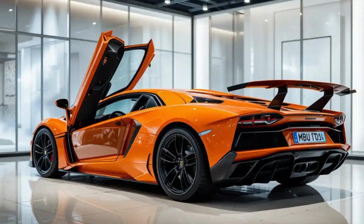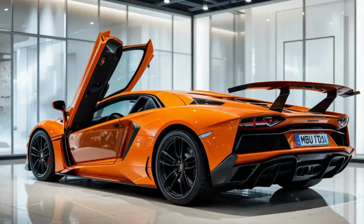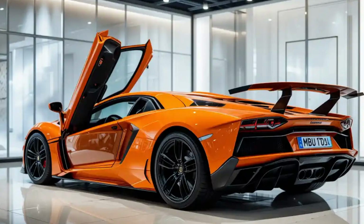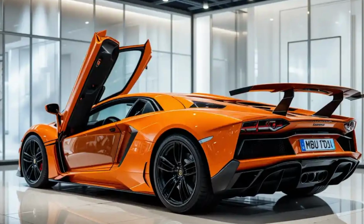The Lamborghini Revuelto is more than just the next generation Lamborghini, it's a full evolution of the brand's DNA, combining raw combustion power with advanced hybrid technology. As the official replacement for the legendary Aventador, the Revuelto